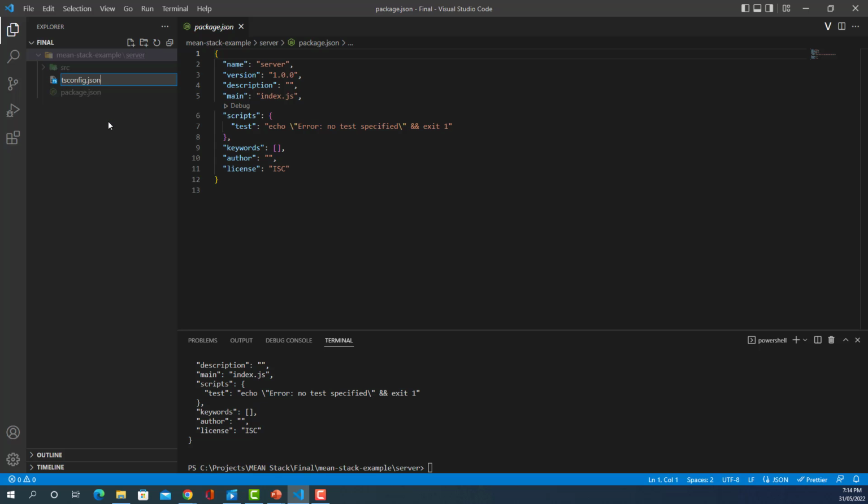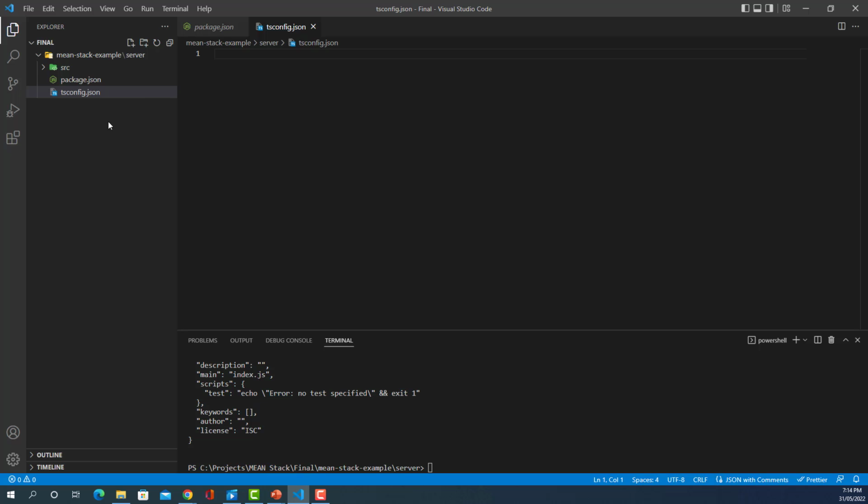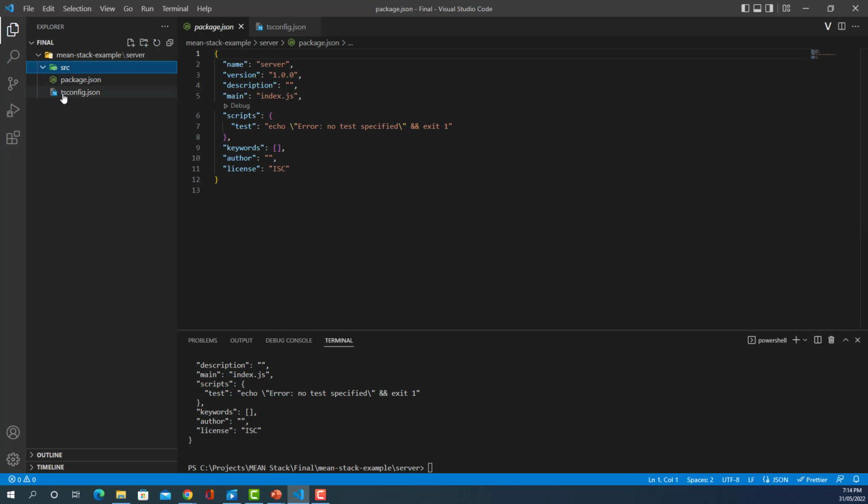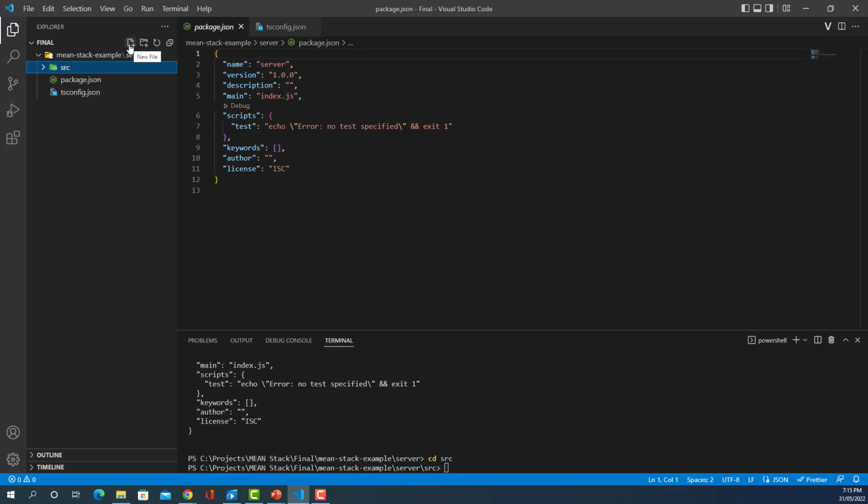So tsconfig.json, I'll come to that later. Okay, so basically that's on the root of the MEAN stack, the server folder, tsconfig.json. And then I will come to source, cd into the source directory, and within the source directory I will create a few files. Just bear with me, just follow me if you'd like. Add new file. The first of them is